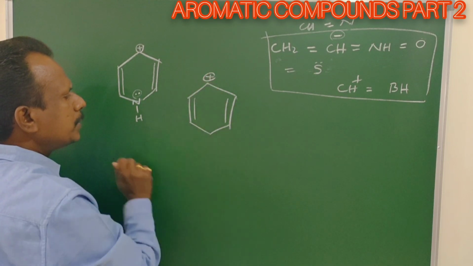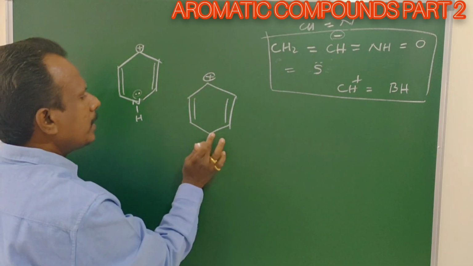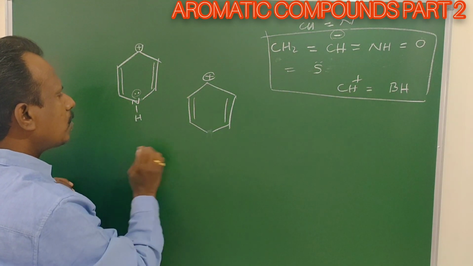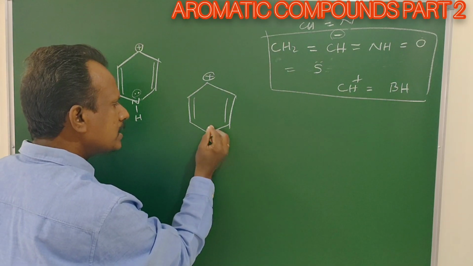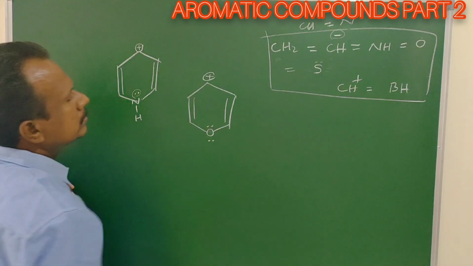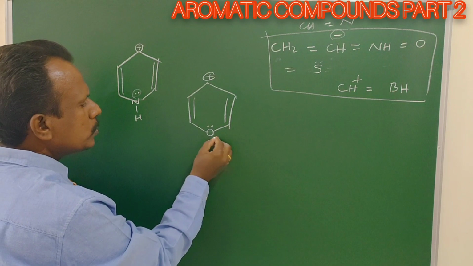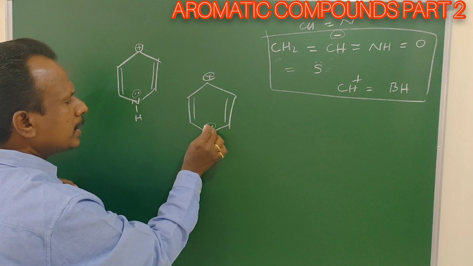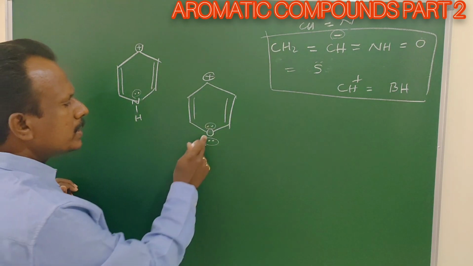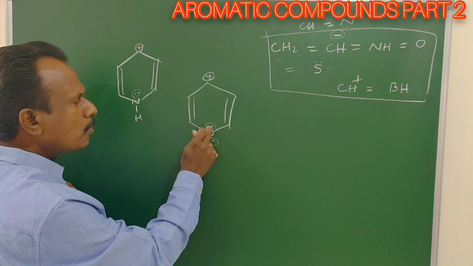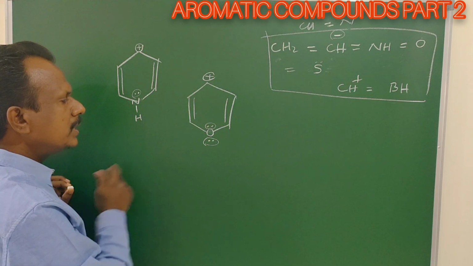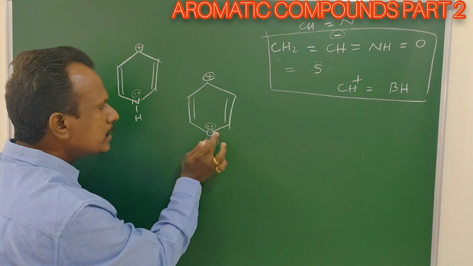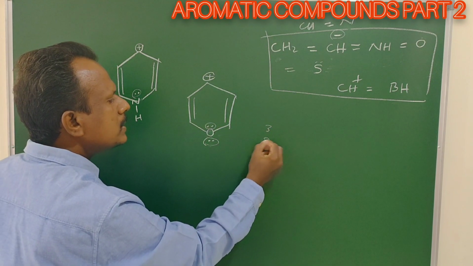All are sp2 carbons. Here in place of NH, O. NH has 6 electrons, O also has 6 valence electrons. It is also aromatic. One lone pair is localized, one is delocalized. This lone pair is in delocalization. So what is the hybridization of oxygen? This delocalized lone pair is not counted for oxygen, it is not localized. One localized lone pair, 2 sigma pairs, totally 3, sp2 hybridization.